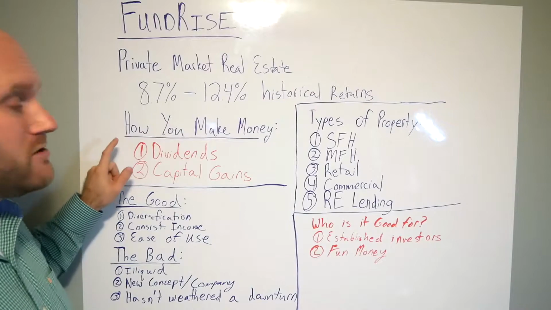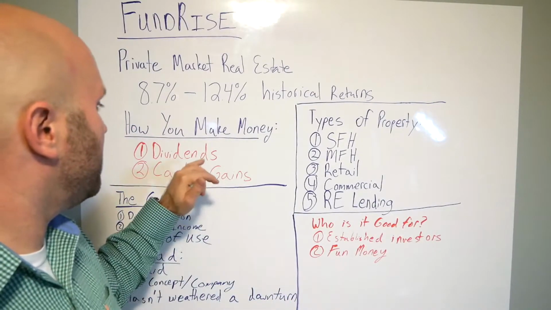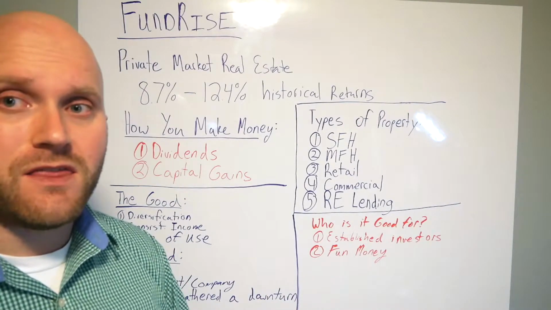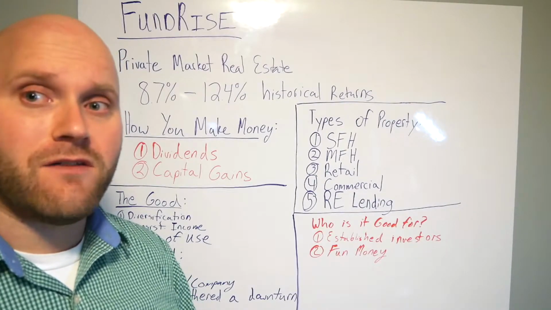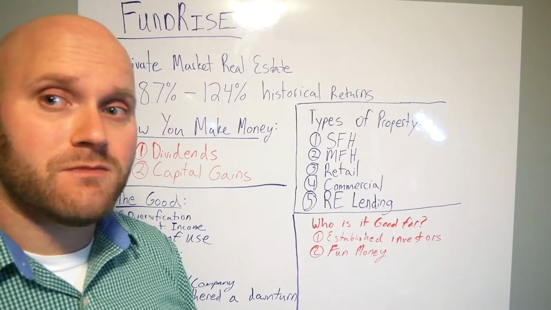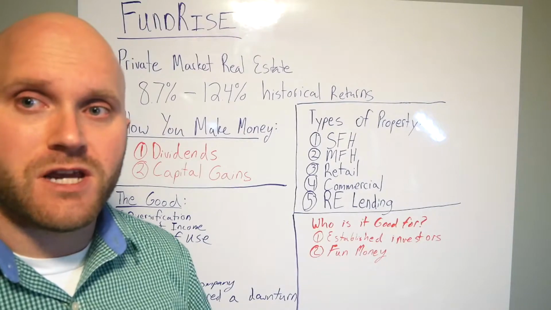All right, so how do you make money with Fundrise? There are two parts. There's dividends, your income from Fundrise, and those are just like dividends you get from a single stock or anything like that. You can have those paid out to your bank account, or you can have them reinvested. I flip-flop. Some years I have them reinvested, other times I have them go out to my bank account. You can do whatever fits your objectives.